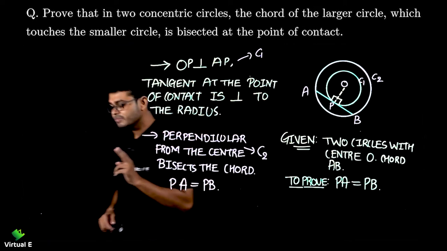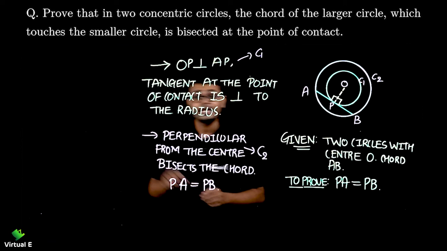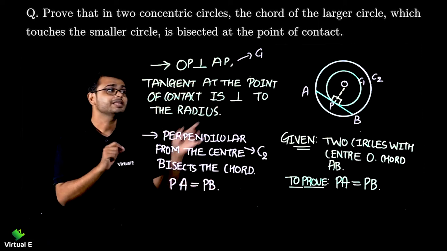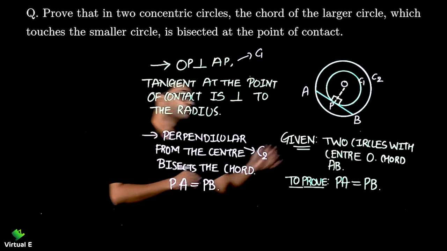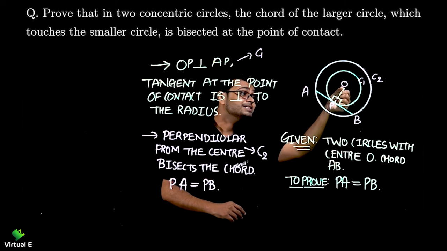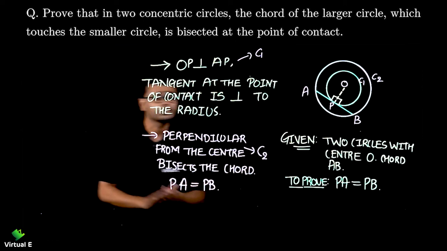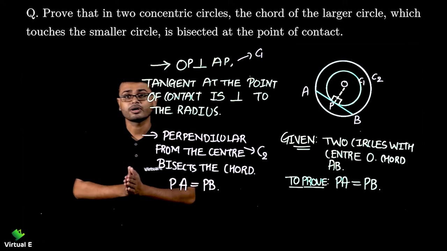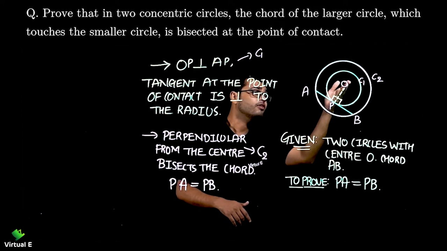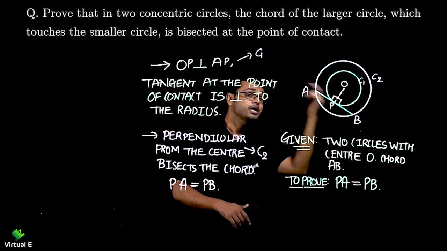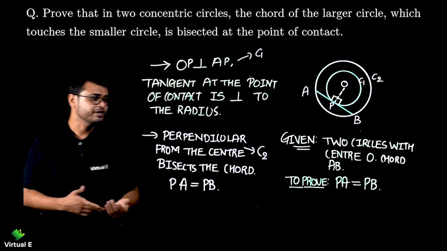We just need to remember two simple facts related to circles that we learned. Tangent is perpendicular at the point of contact to the radius, with reference to the first circle. So I can write OP perpendicular to AP. Now another one, chord. If we connect the center and draw a perpendicular from the center of a circle to the chord, it will bisect the chord. Bisect means divide into two equal parts. So I am drawing a perpendicular from O to P, to line AB, chord AB. It will be PA is equal to PB. So this is how we prove it.